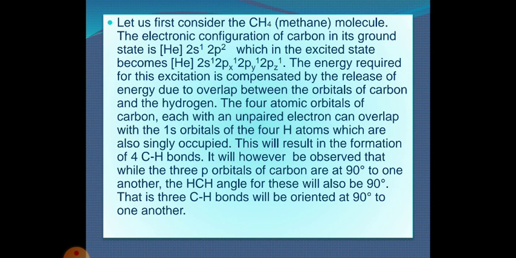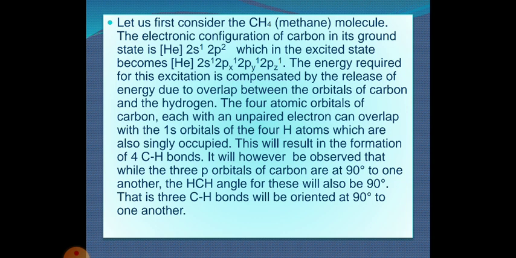The electronic configuration of carbon in its ground state is 1s2, 2s2, 2p2, as its atomic number is 6. Here the number of electrons present is 6. The number of protons as well as the number of electrons is the same. We can write the electronic configuration using the nearest stable element, helium, so we have written it as He 2s2 2p2, which in the excited state becomes